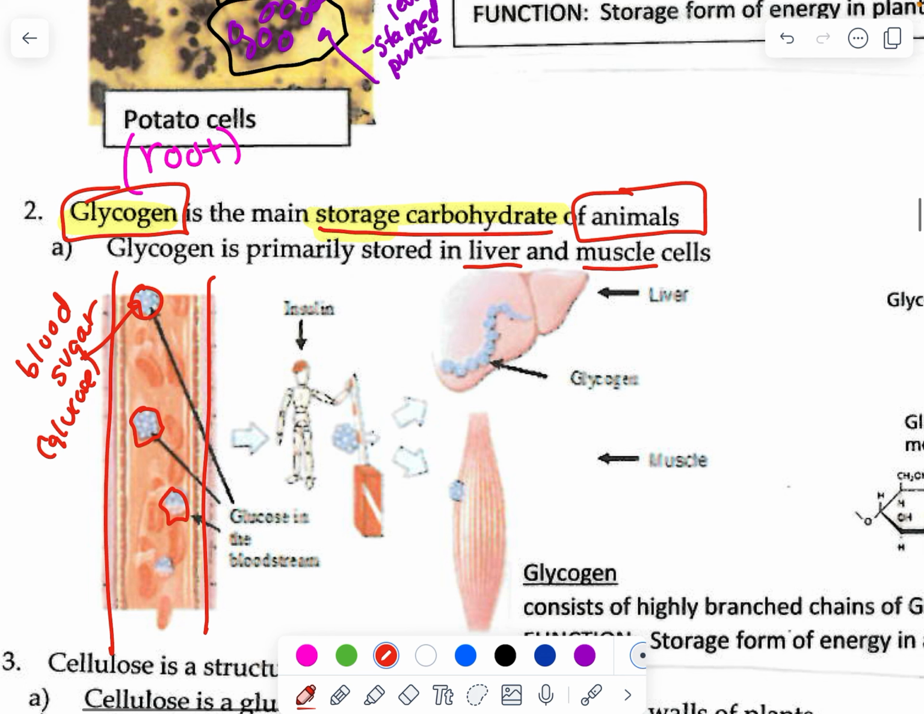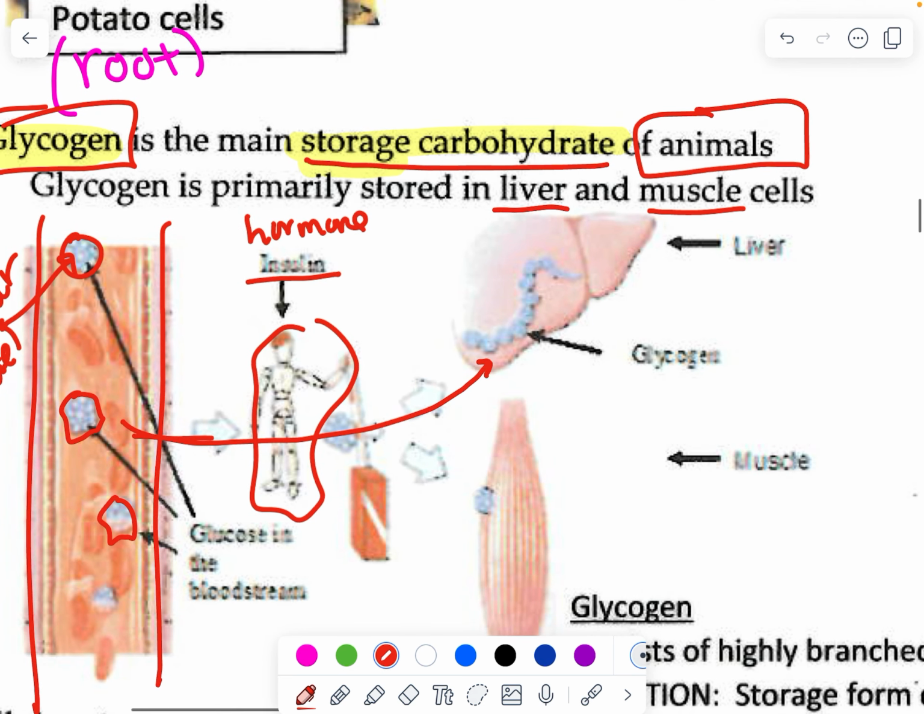Okay, so that's the individual monomers of glucose. And we have a hormone called insulin that will pull glucose out of the blood. This little mechanical man is supposed to be insulin, pulling this glucose out, and then linking it together. You can see there's glycogen, which is just your chains of glucose, and it'll do the same thing in the